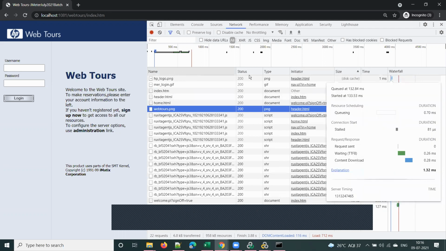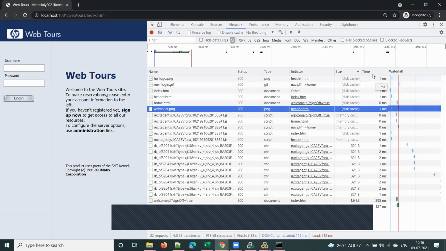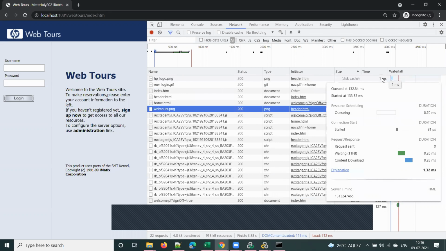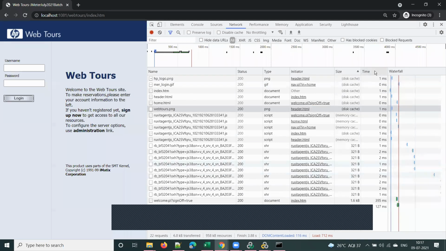And the developer tool will also show you how much time it took to load each component, right? For HP logo.png, to get that image from the server, it took 1 millisecond. This time column will show you how much time it took to load that component.